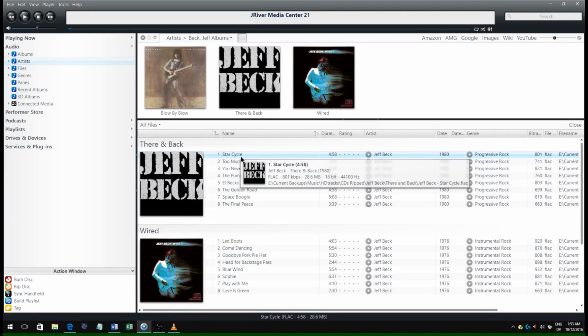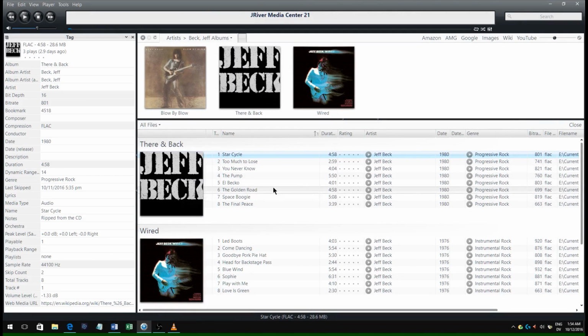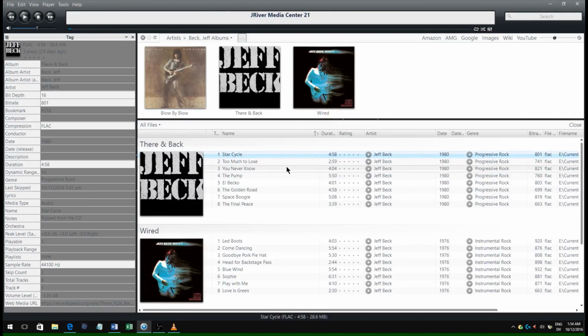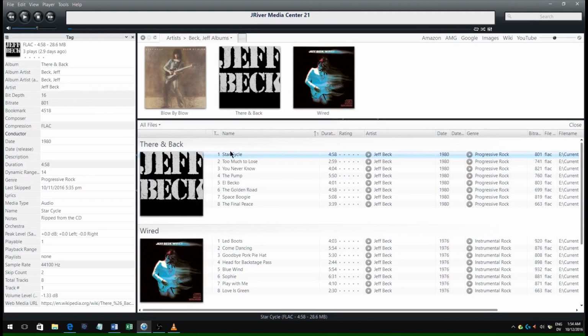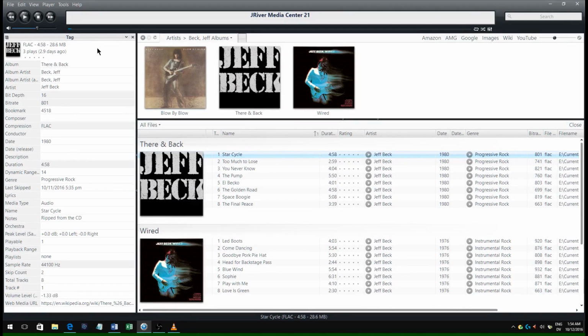If you click on any particular song, you can right click and bring up a list of options, one of them being tag, and you'll see all the tag data for this song on the left here. This artist data is first name, last name, but there's another field right up here that says album artists, and that I have manually typed in last name, comma, space, first name. And you can then specify that to be used for sorting. And the way you do that is that you